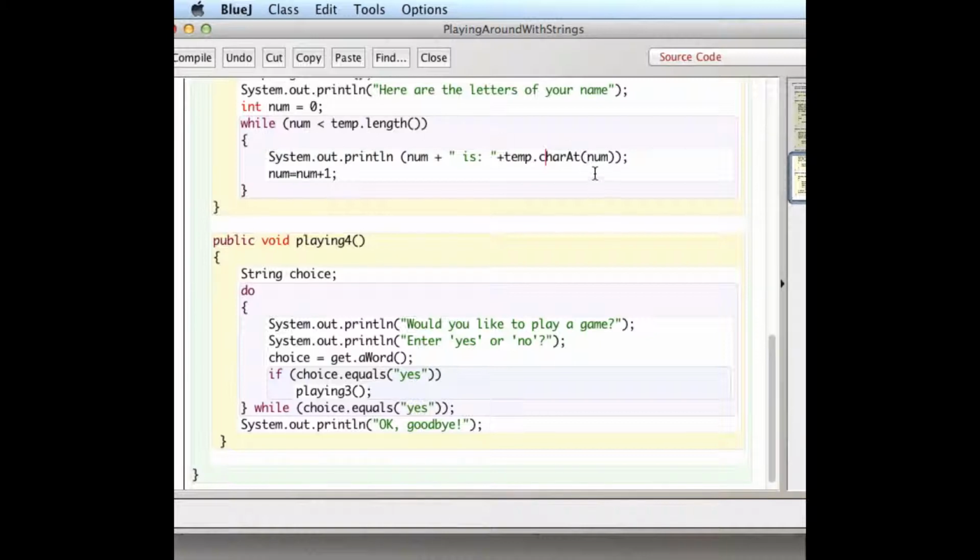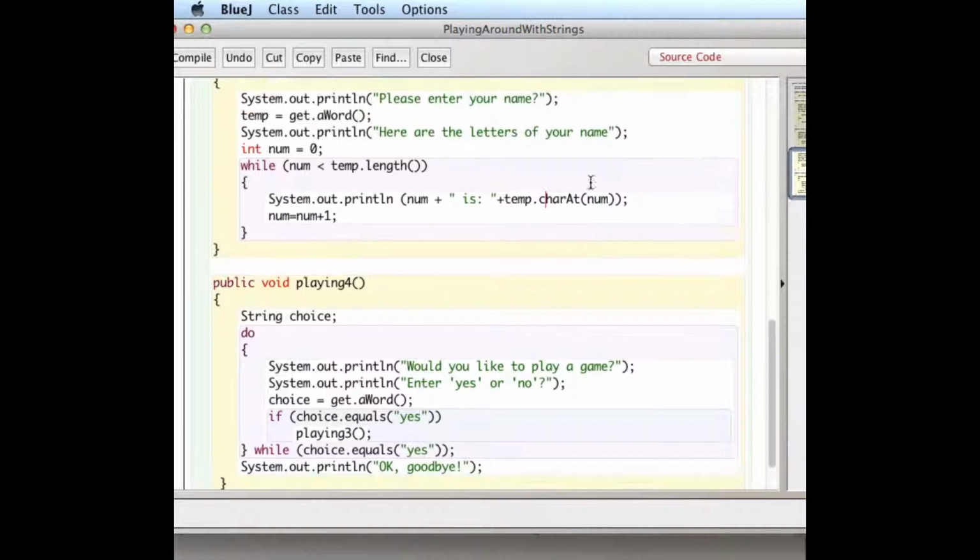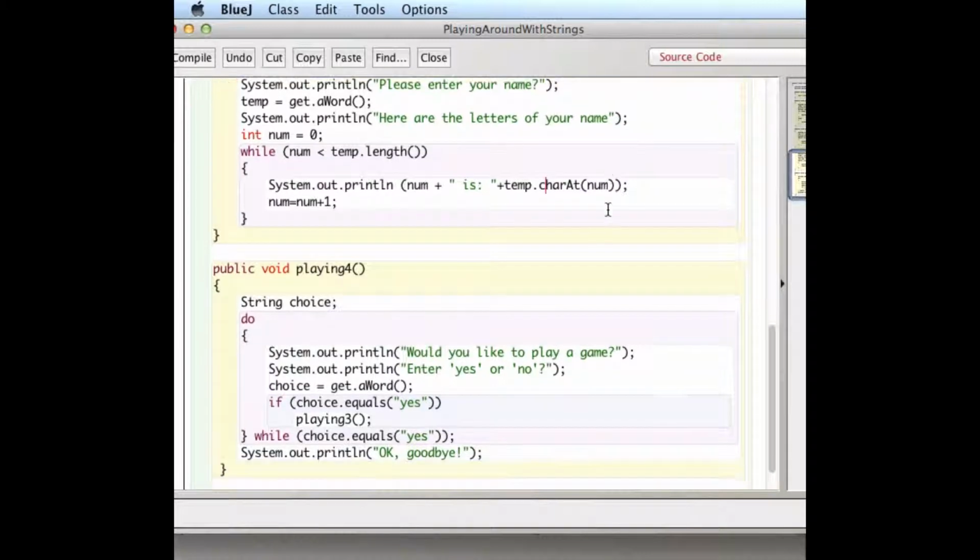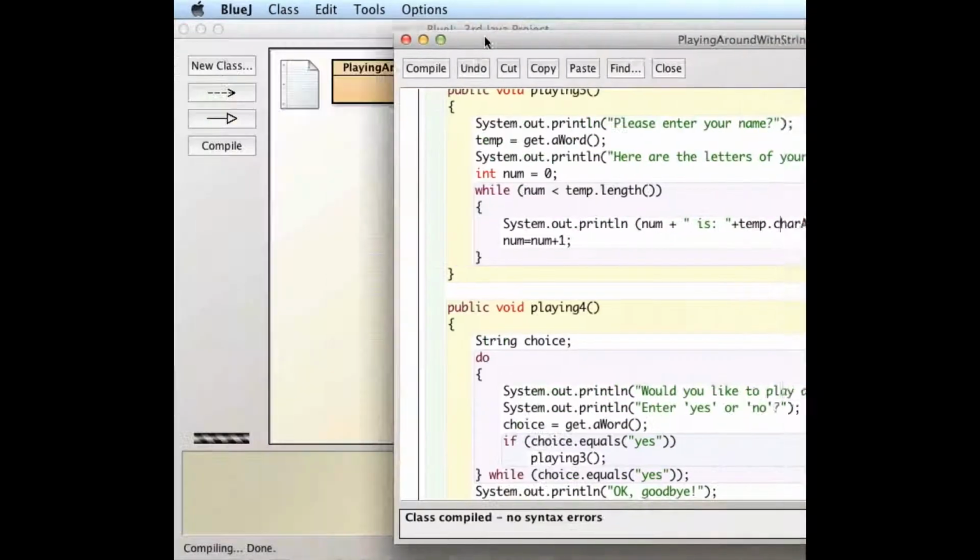So num is 0. So this is first going to access the character at the 0 position. In programming languages, always, always, always, you're going to find this pain in the neck, but it's just the way it is. Scratch is very much an exception, so I shouldn't say always. Lists start at 0, right? They don't start at 1, they start at 0. There are reasons for that. I'm not going to go into them right now, but if there's a list of anything, the first position is the 0 position. So let's run this,